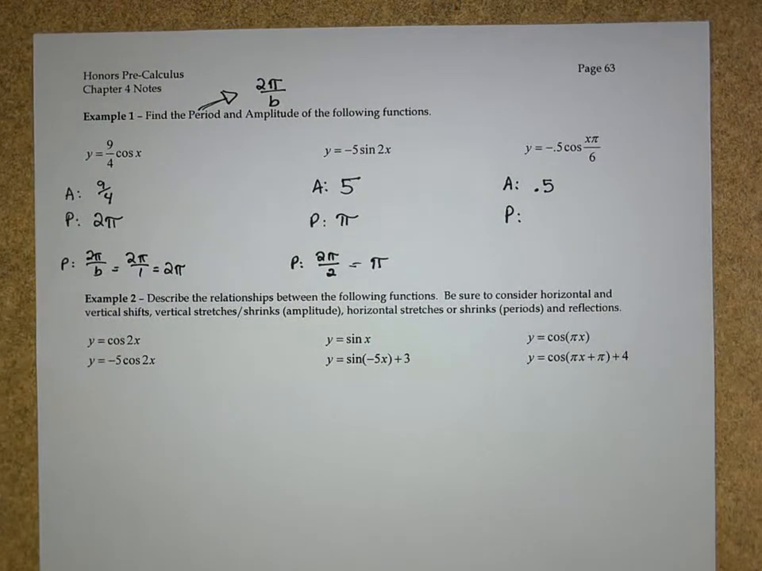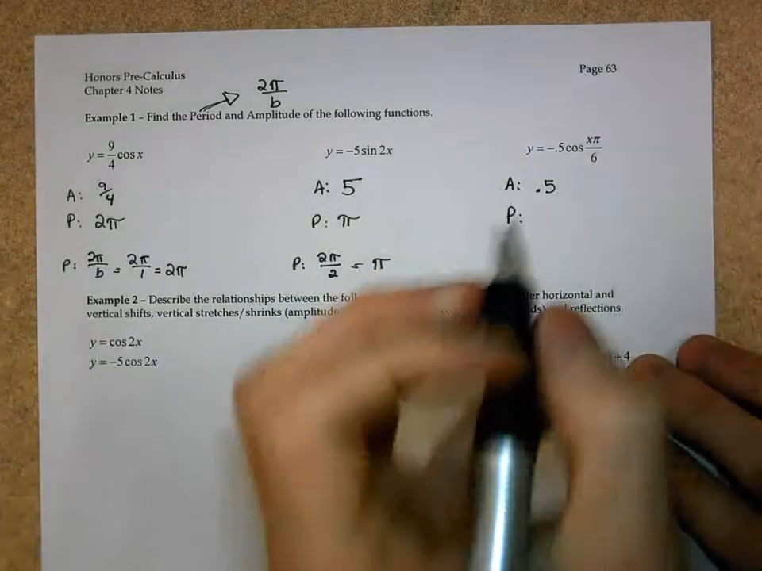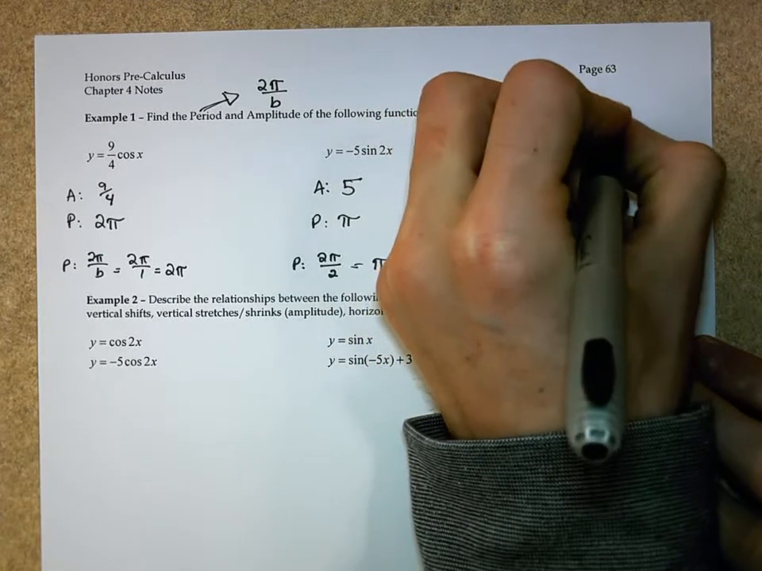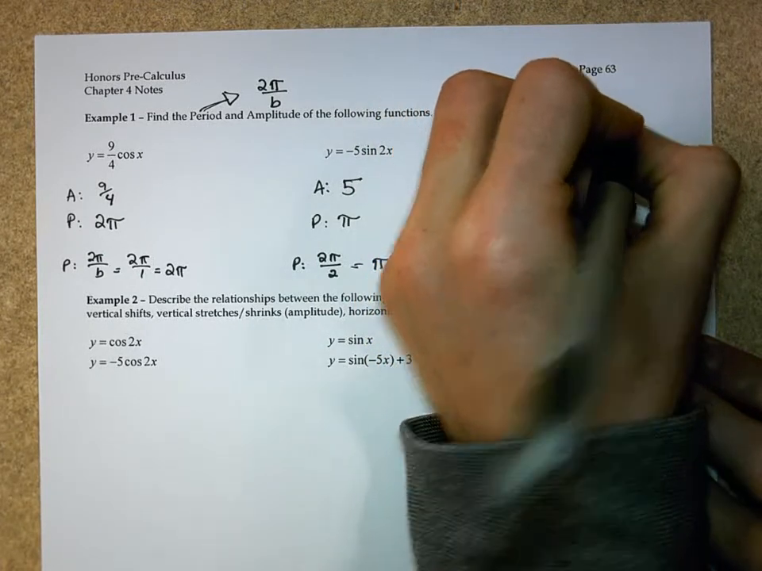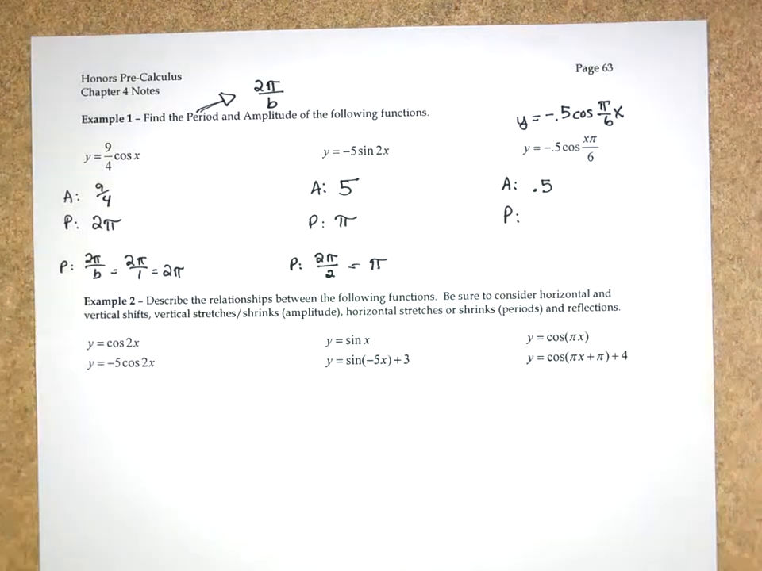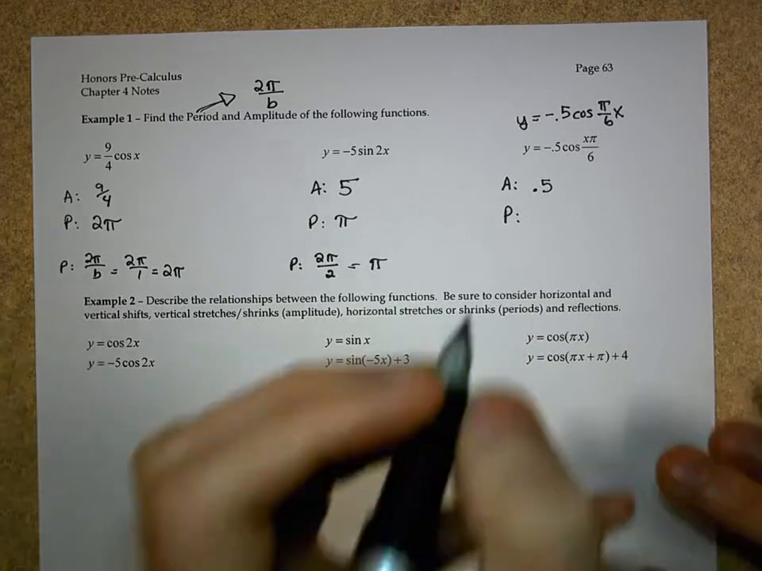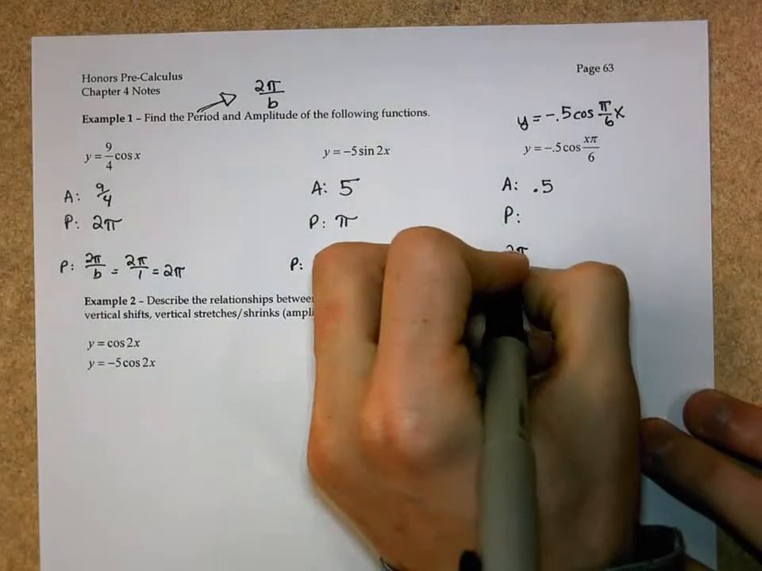The final one here, you can see it's sort of a mess. We can rewrite this with this pi over 6 in front. This can be rewritten as negative 0.5 cosine of pi over 6 times x, just moving that pi over 6 in front of the x. So my b value is pi over 6, so I'll take 2 pi